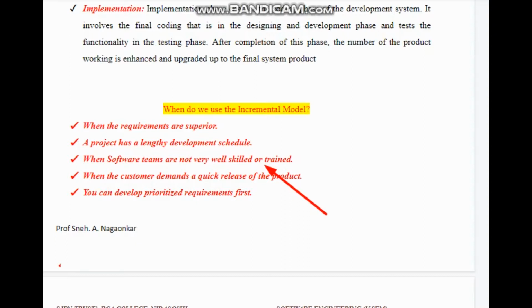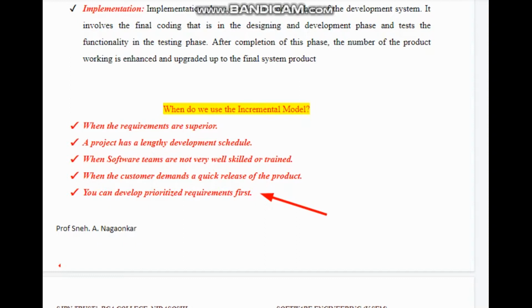Okay, these are the things where we can go for the incremental model. When we have a small number of skilled trainers, or the customer wants a product which should be released quickly, or you can develop prioritized requirements first. As I told you, we develop standalone modules, we take module-wise development.